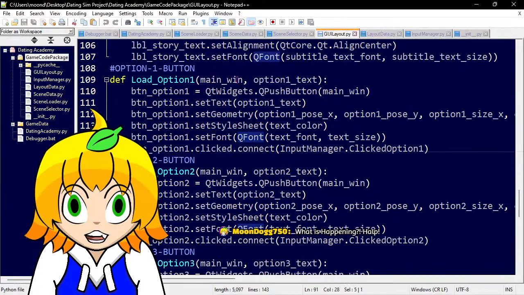Now, if we look at the buttons, we import the buttons the same way we do everything else. The import button text is a variable as option 1 text.